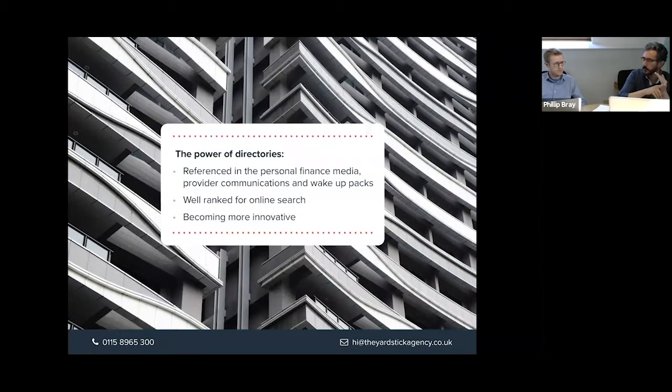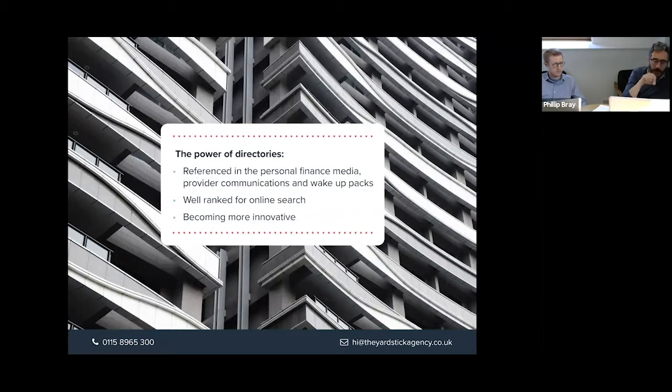They're referenced in the personal finance media on a regular basis. At the bottom of articles, you will often see, to find a financial advisor, go to Unbiased or Vouched For. Some of them, certainly Unbiased, are referenced in provider communications and wake-up packs. Celeste, who's one of our copywriters here, got a communication from Aviva recently about her pension.